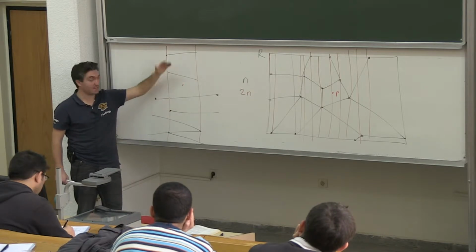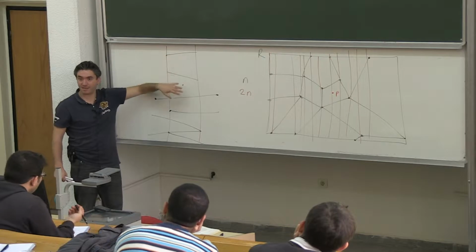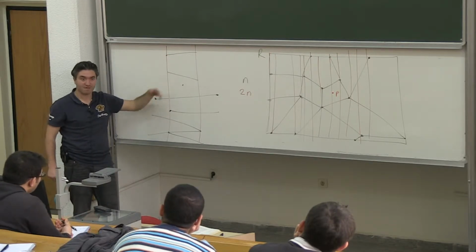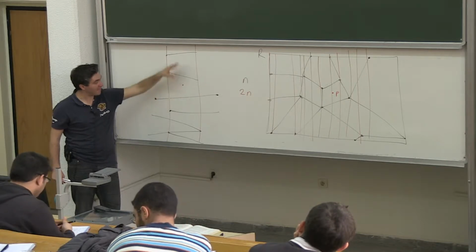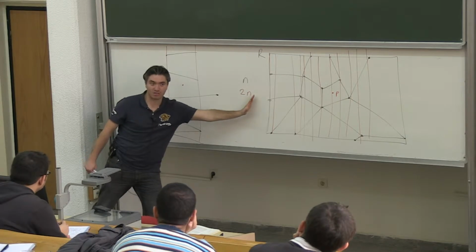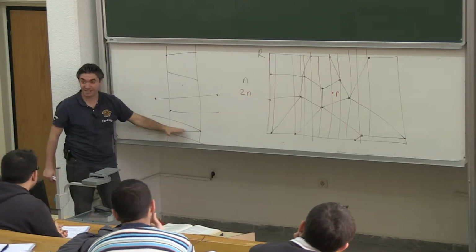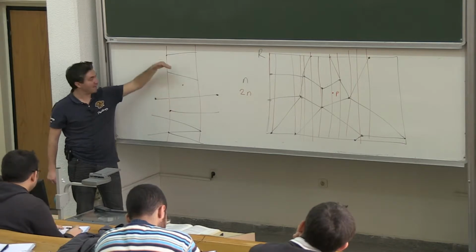If it's above this segment, we can continue our search on the next segment in a fashion similar to binary search. We can locate which face P is going to be located in. So we first conduct the search on the x coordinate like this, which is log n, and then we conduct another search on these segments that intersect